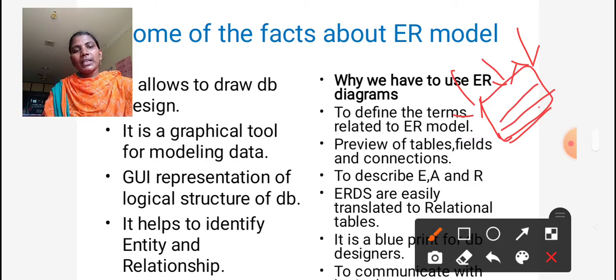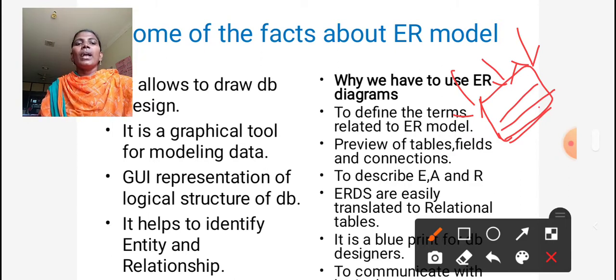Other data models in DBMS define the data only in text form, but the ER model displays the data in the form of diagrams.